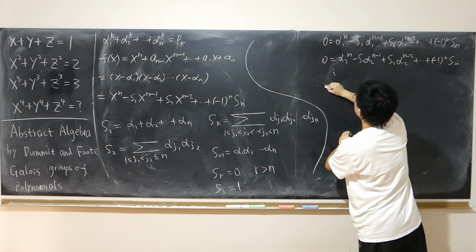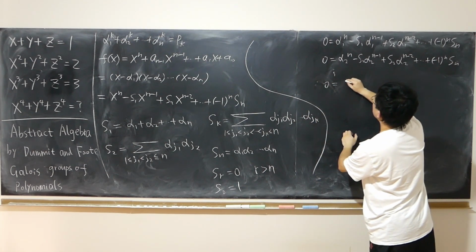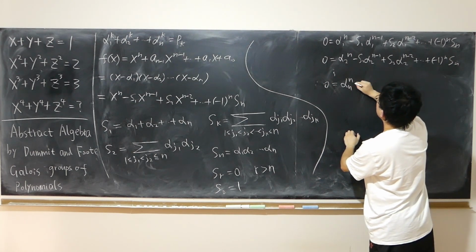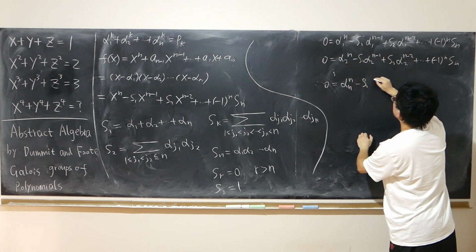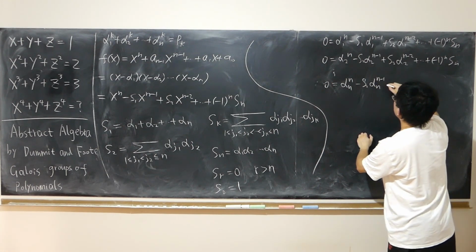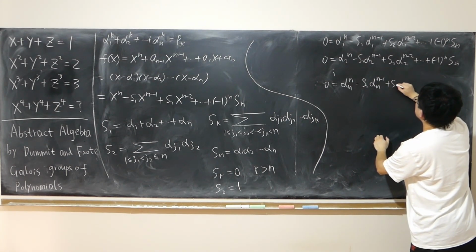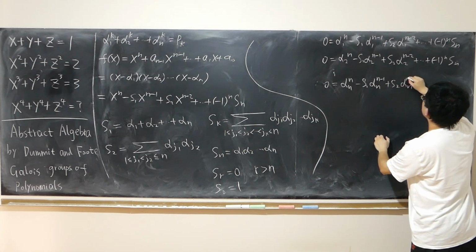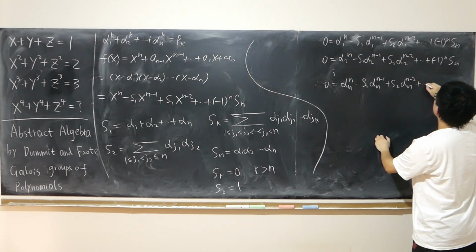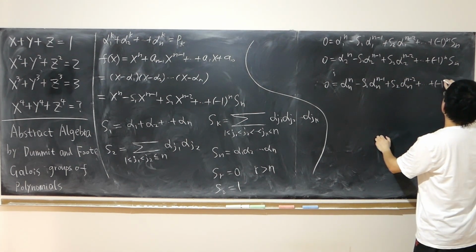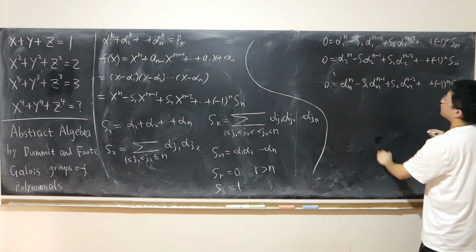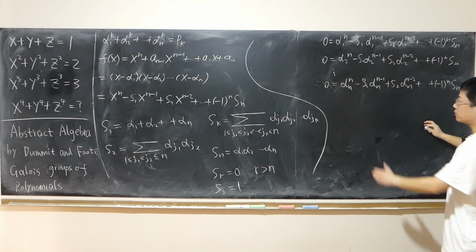Right? All the way. 0 equals alpha n minus s1 alpha n minus 1 plus s2 alpha n minus 2, all the way to sn. And so when you sum them all up,